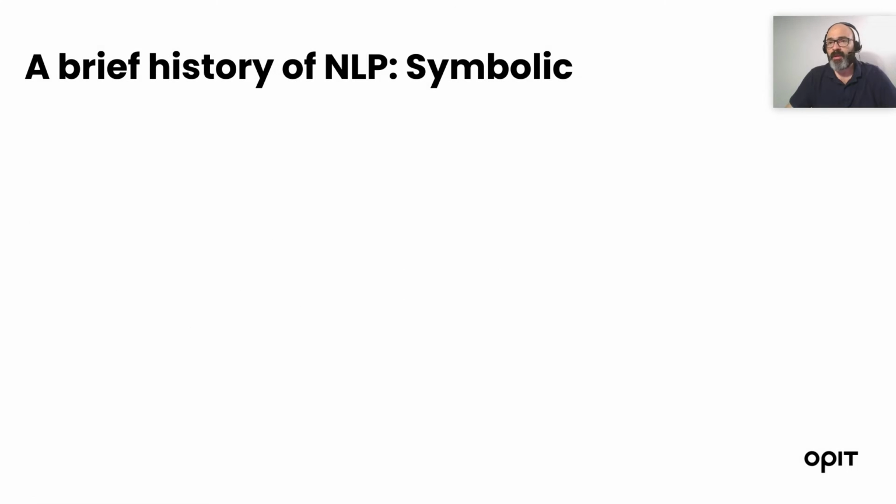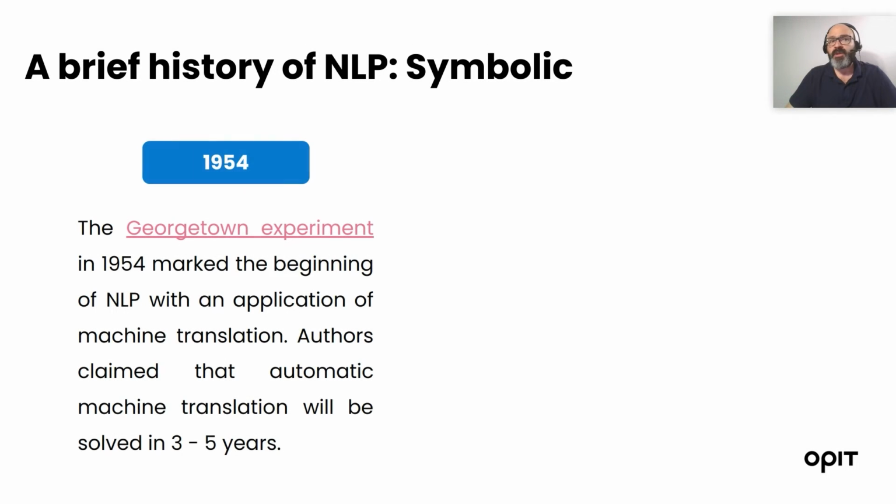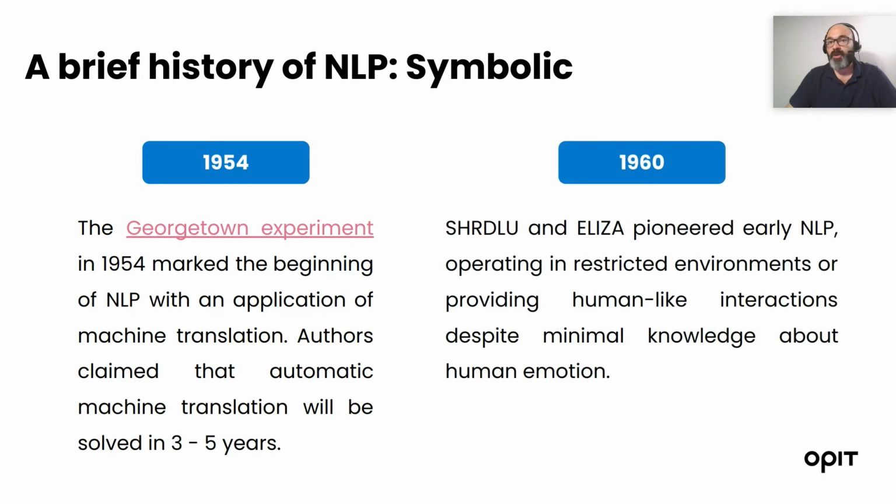Where and when did NLP start? During the 50s, the Georgetown experiment marked the beginning of NLP with an application of machine translation. The authors of the experiment claimed that automatic machine translation would be solved in 3-5 years. During the 60s, SHRDLU and ELIZA pioneered early NLP, operating in restricted environments or providing human-like interaction despite minimal knowledge